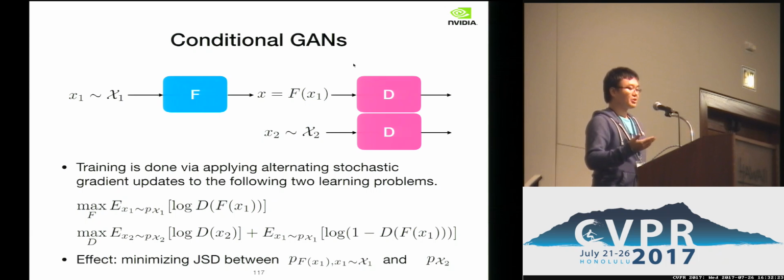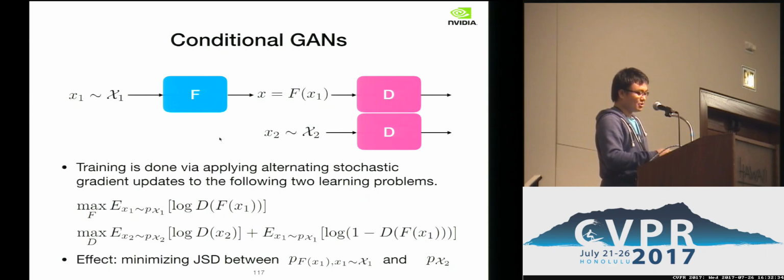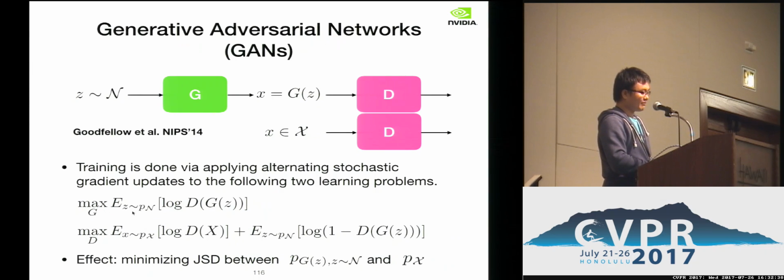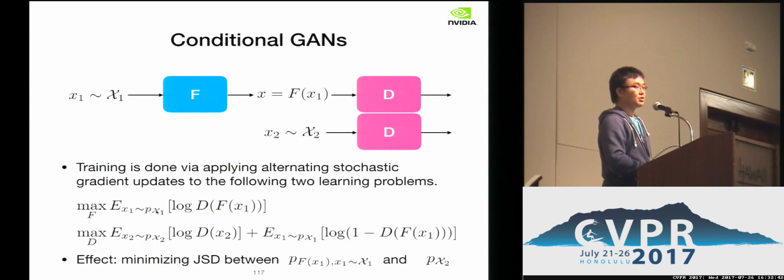So this is the conditional GAN formulation, which turns out to be, I would say, the most useful form for computer vision applications. The formulation is quite straightforward. Instead of sampling from a random number Z here, you sample from a true image in a data set. And then you map it to the other domain. And then you want to make sure the discriminator cannot tell it is fake.